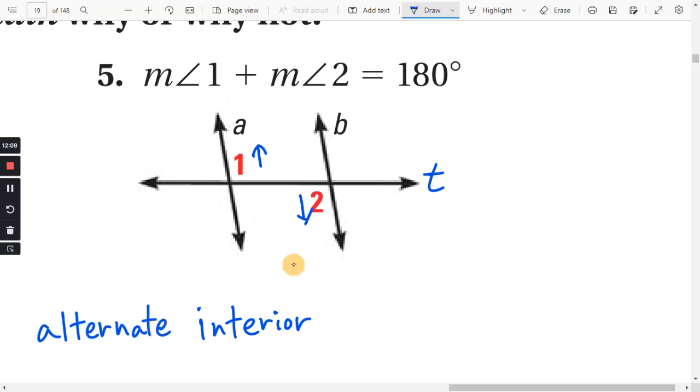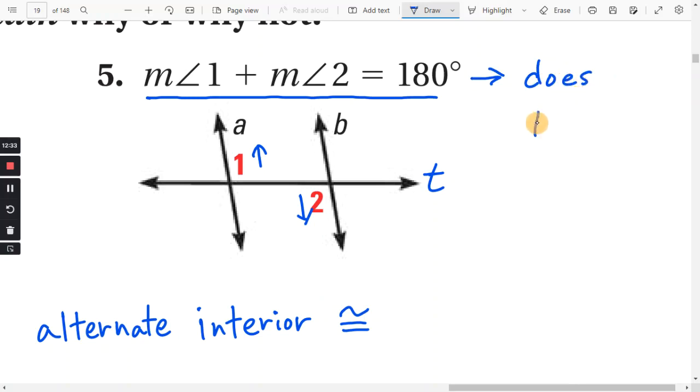All right, and alternate interior angles need to be congruent. Now, did they mark 1 and 2 congruent? No, they did not. They said they were supplementary. They said they added to 180. Okay, so they might be congruent if they were both 90, but this alone